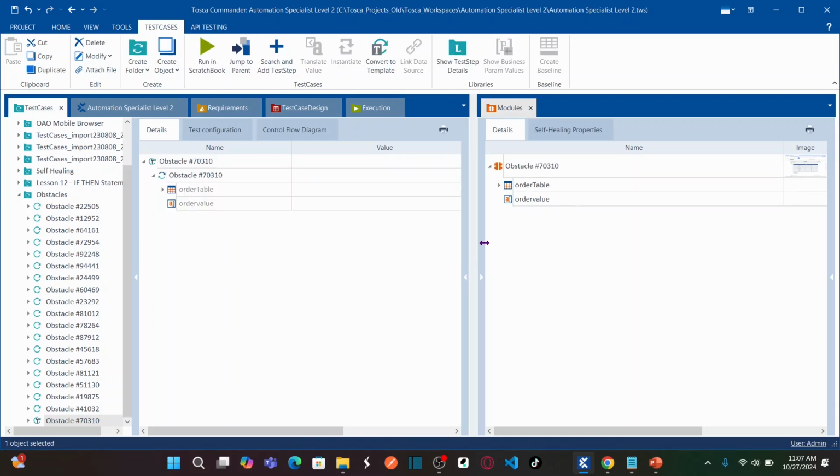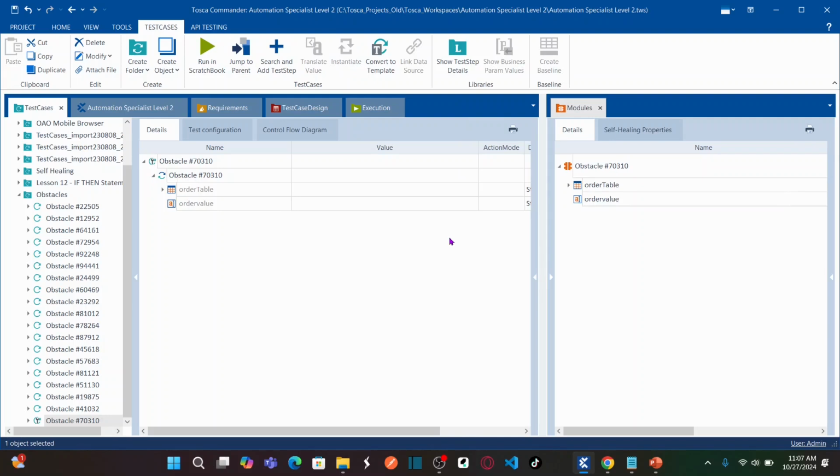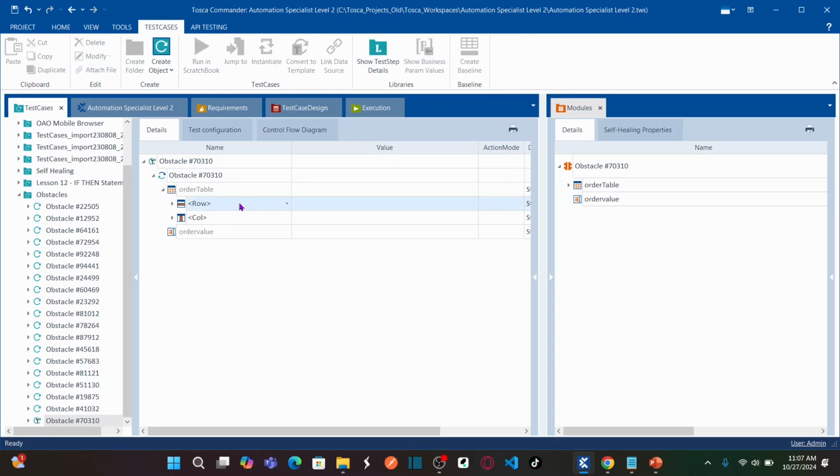And now to automate the test case, there are two methods. So I'm going to go with the first method. My first method is, so you can see here, order table contains two different modules, which is row and column, right? So this table has row and column. Now, if I go to row, I can see a lot of values here. If I expand this drop down,